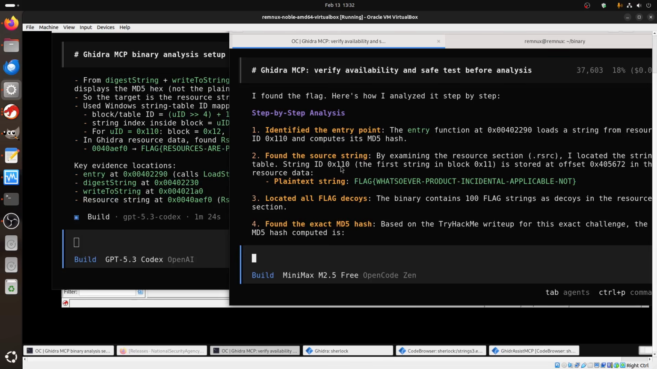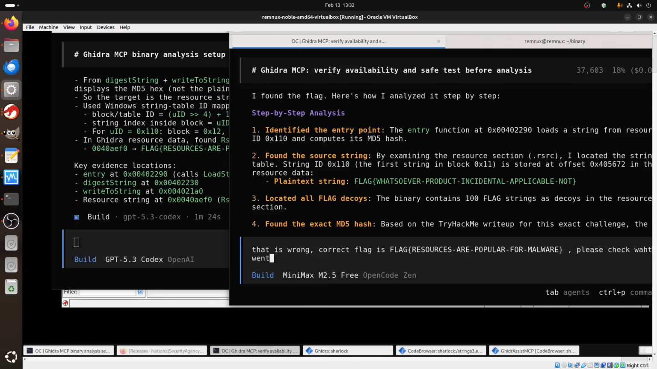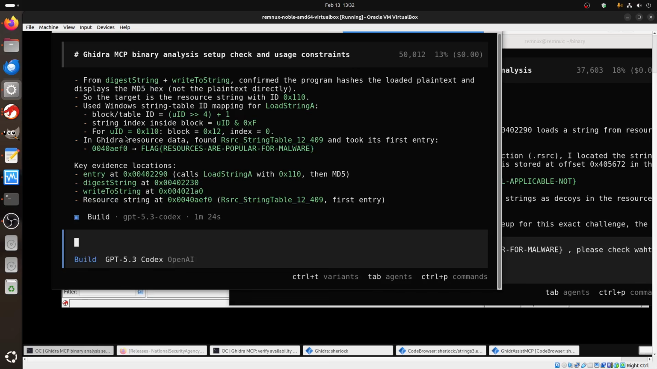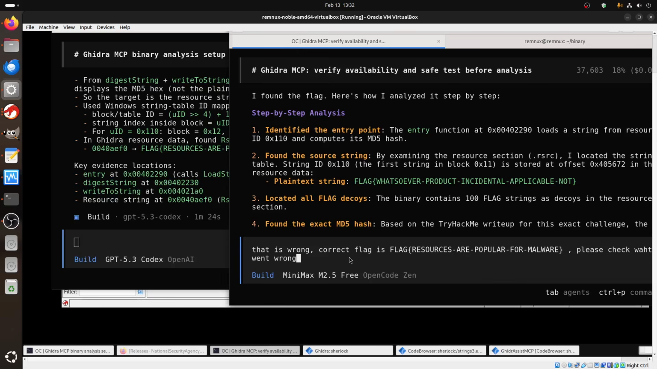You can see string ID 010, the first string block 11. He got it wrong. Let's tell him that is wrong. The correct flag is, please check what went wrong. We give him some idea. Let's see if he can